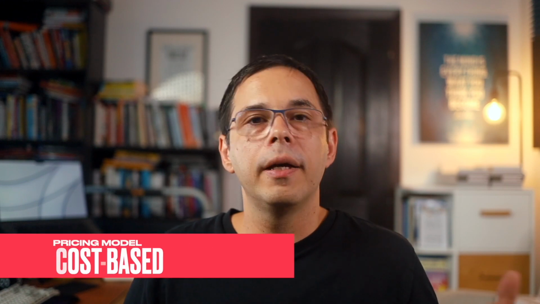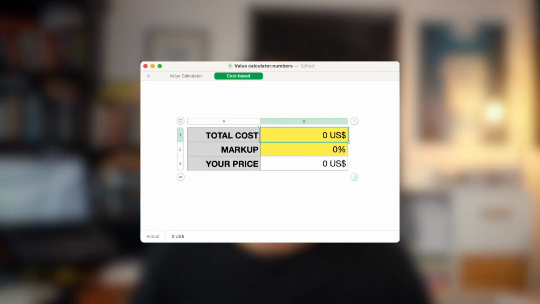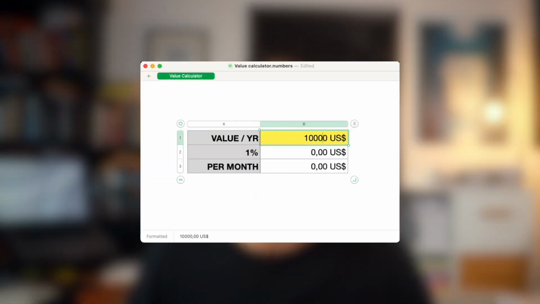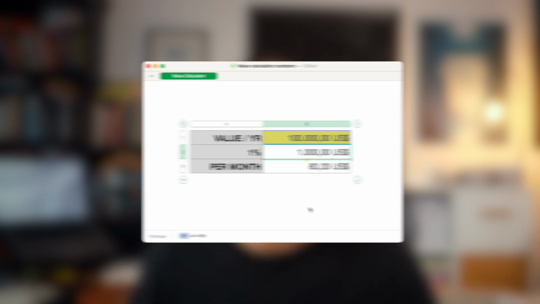Cost-based pricing means you take the total cost of providing the service, for example your development cost, hosting, employees, and anything else, and raise that number by a percentage. Value-based pricing is when your price is based on the value delivered. This is also what we have discussed so far, and I strongly believe it's a healthy mindset when pricing anything because both parties get to benefit.